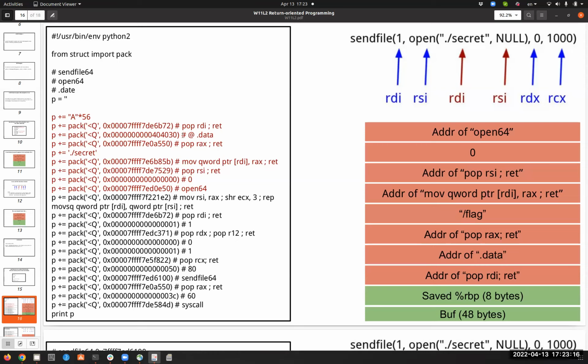So what is the next address? The next address is the address of the data section. We're moving that to RDI, okay? Then we're popping RAX, and here we're popping the string. Okay, so it looks a little bit weird. We're not directly